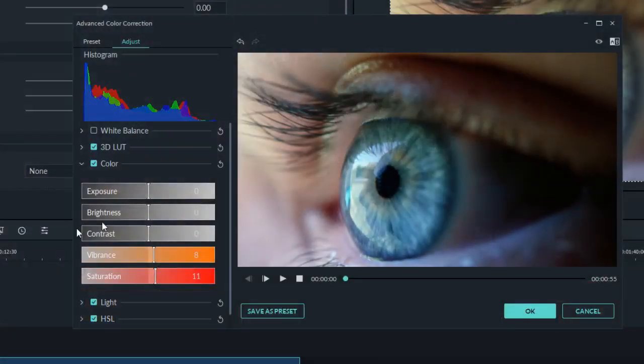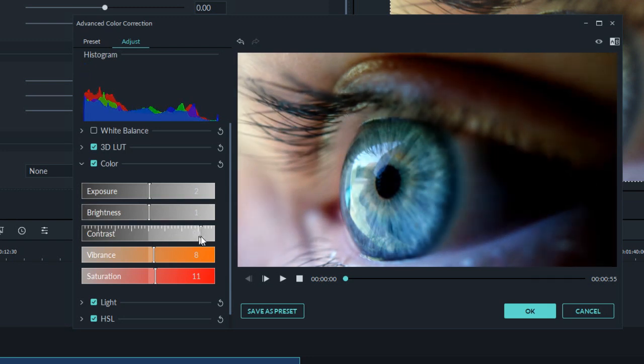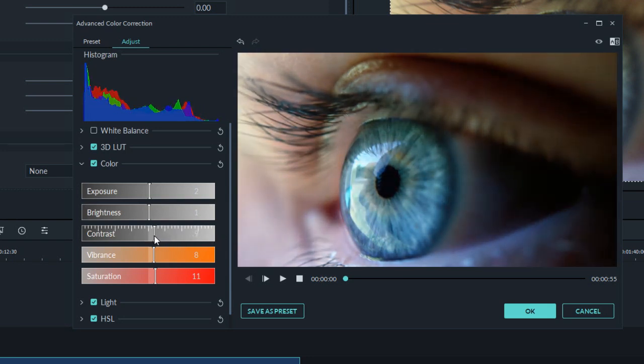Okay, so where I was here, I was in that color section. This is a very basic area, right? Exposure, brightness, contrast, vibrance, saturation. Very basic overall motions, right? Lower the exposure, raise the brightness, intensify the contrast, bring the saturation up, lose it, take the color right out. You can kill the saturation and you can kill some of the exposure and vibrance and start making it look